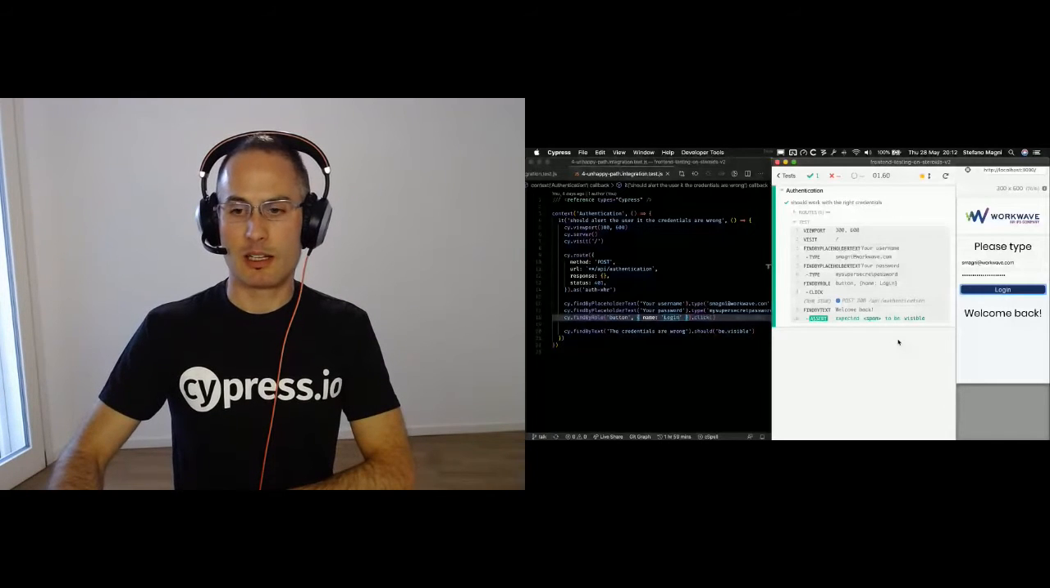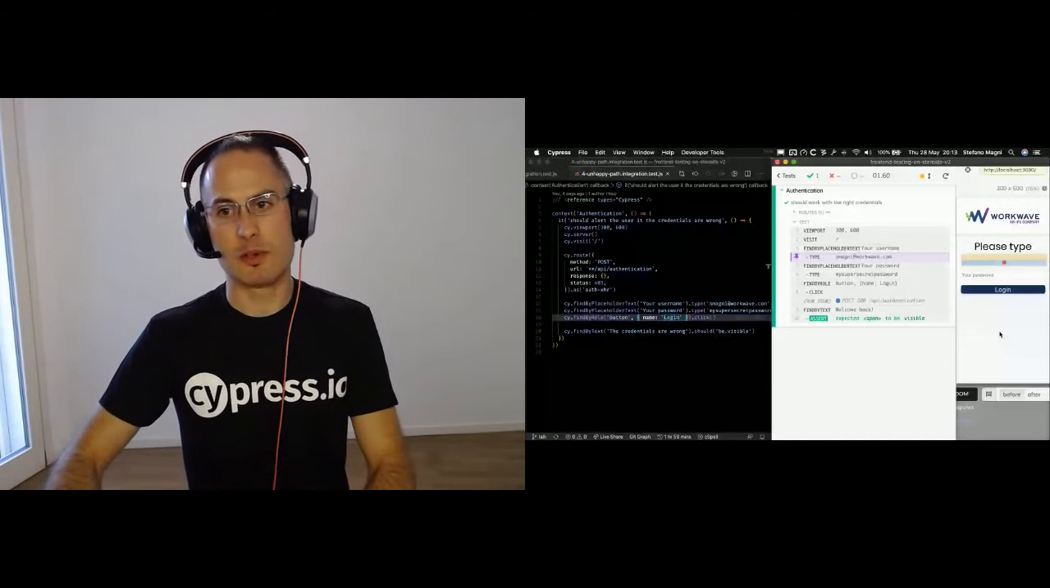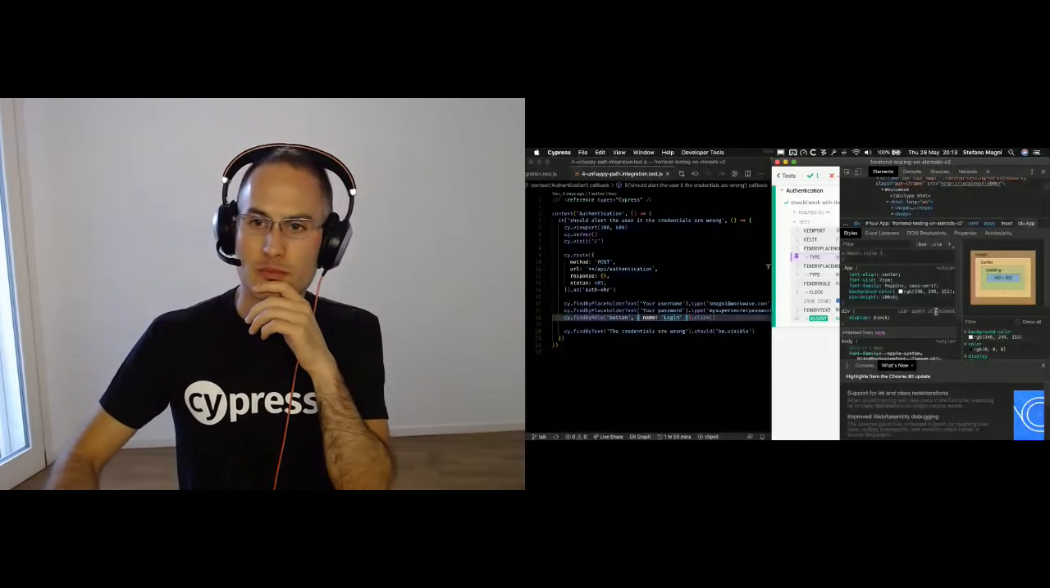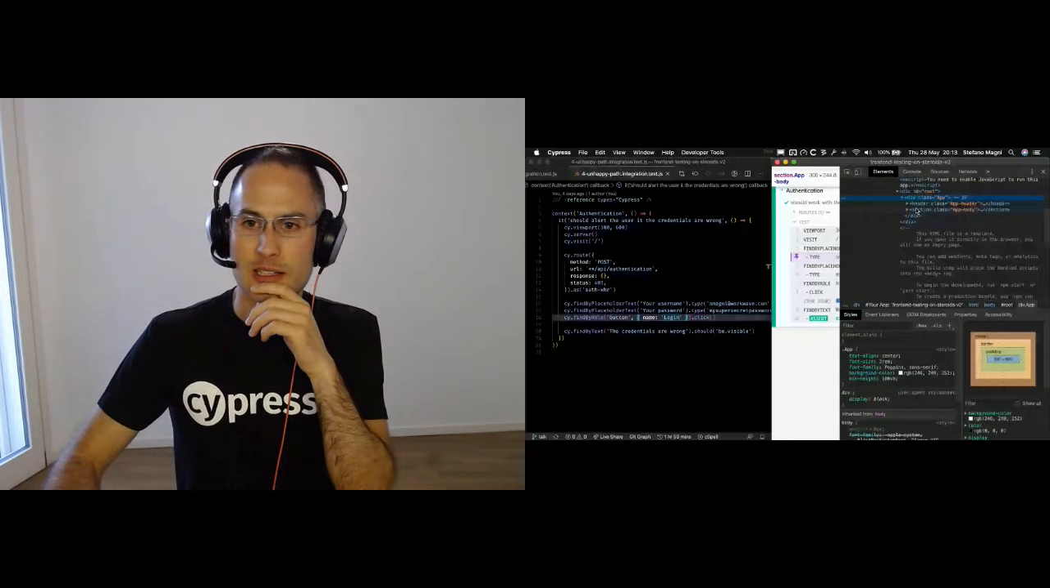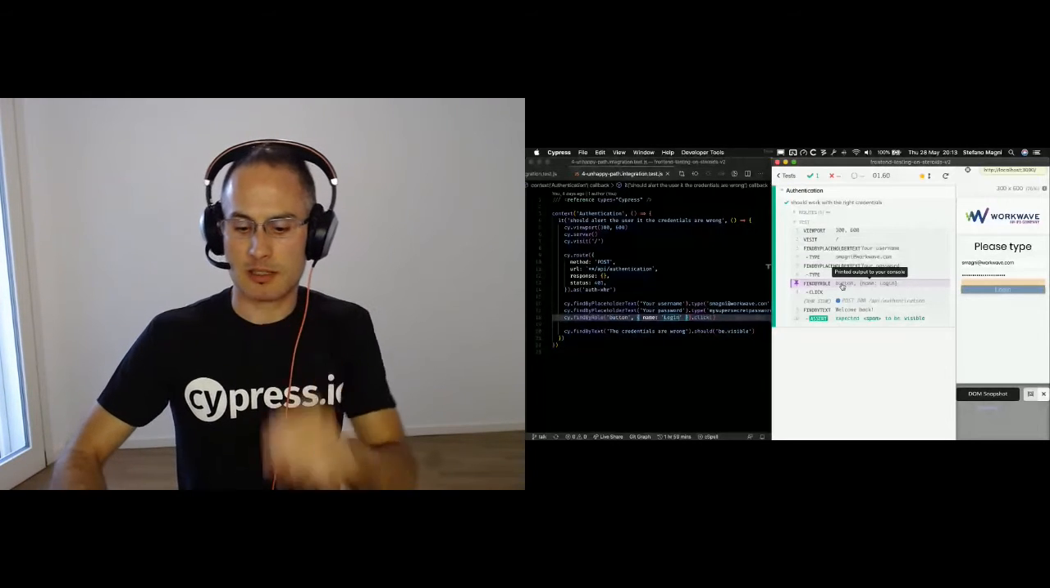Do you remember that Cypress works inside the browser? So I can even use the standard development tools. So in this case, I'm debugging the front-end application at the moment. So if I go to the click button, for example, if I inspect the